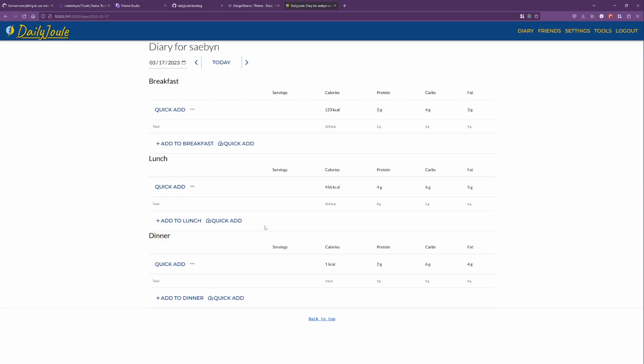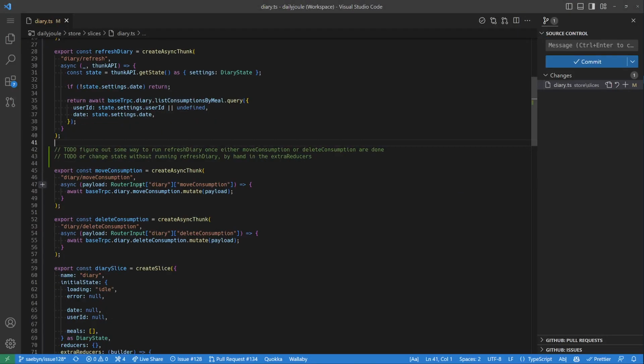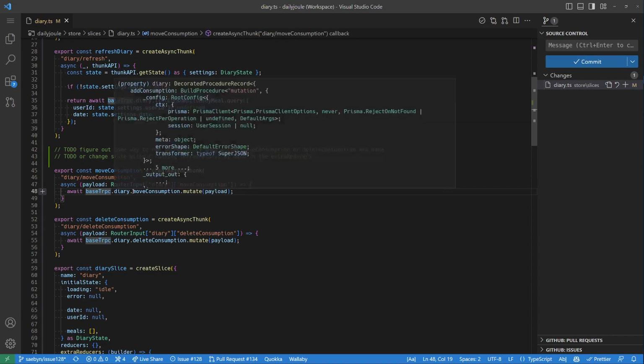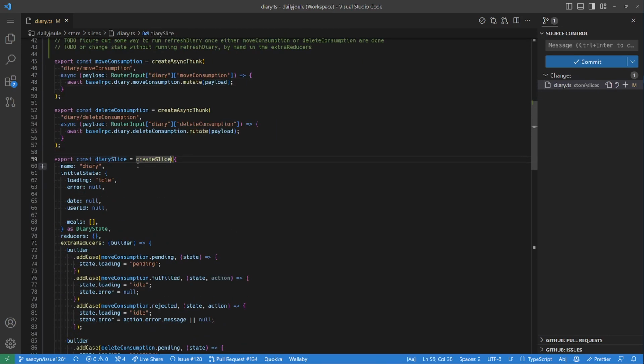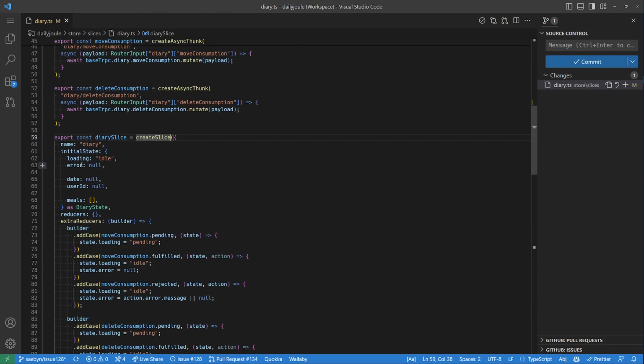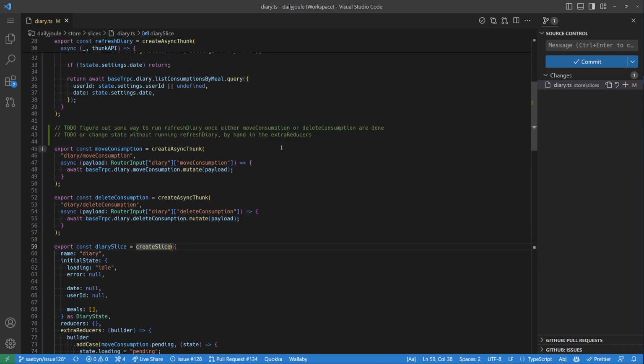And I think the original thought was to effectively mirror what the old implementation was doing, where after we've used our tRPC procedure on the back end to move the consumption, then trigger something that would then refresh, like pull the diary information for that day back from the back end, from the database back into the front end, and then update our slice, which is our portion of the Redux store for the diary, with that information. But